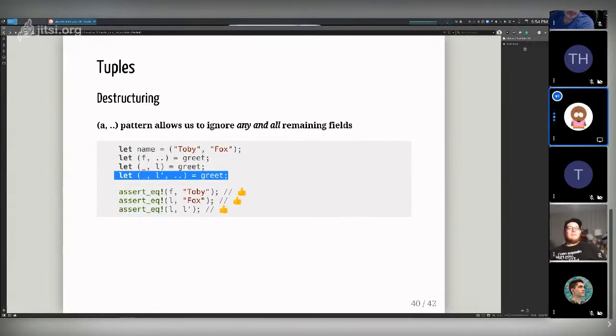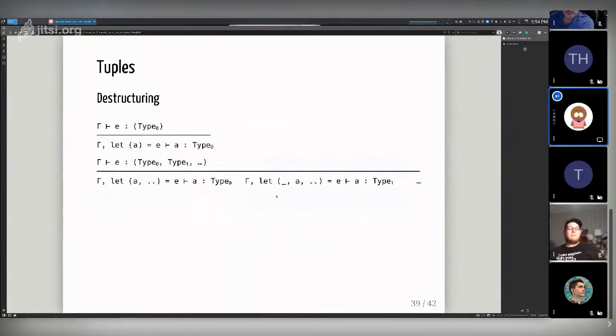And so can you add multiple underscores? That is a great question. And it's supported by the judgment here. And these are my own descriptions of the Rust type system, so take them with a grain of salt. But yeah, so you can have one underscore, a, so I guess the third example would be a ... in between the underscore and the a to represent more underscores. You can also do that. All of those would work just fine.